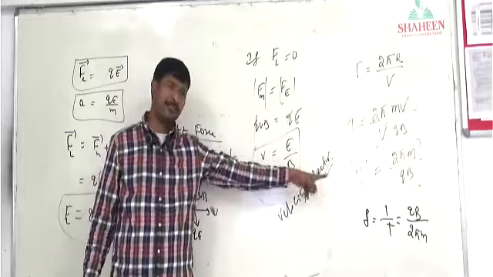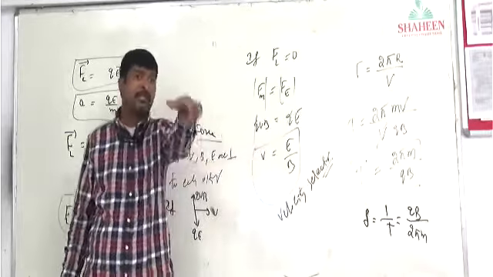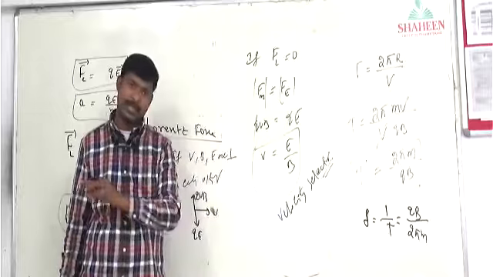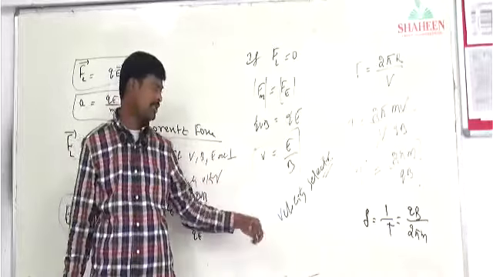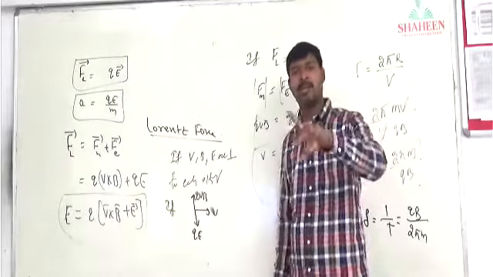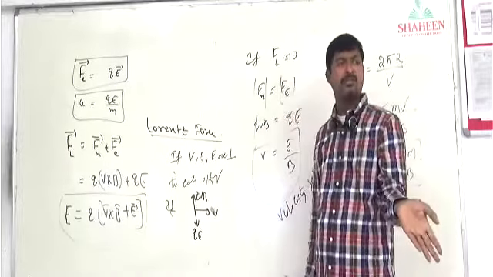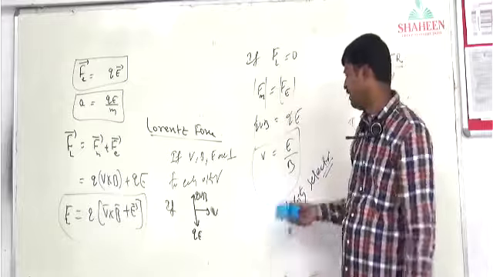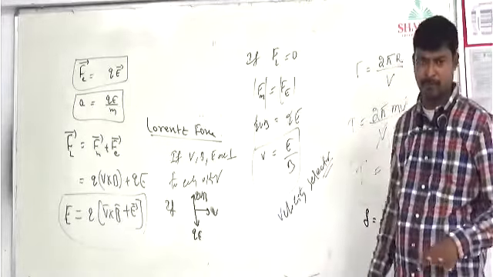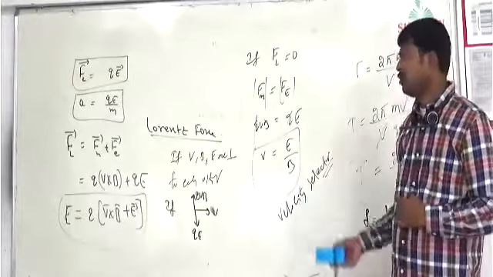Velocity selector means selecting which velocity you need, and that you can select by the E by B ratio. Clear? Velocity selector or cyclotron, we can use the same thing. In the cyclotron, the electric and magnetic fields will be perpendicular, so the net force is balanced in such a way that velocity is equal to E by B ratio. Clear? That is the Lorentz force.